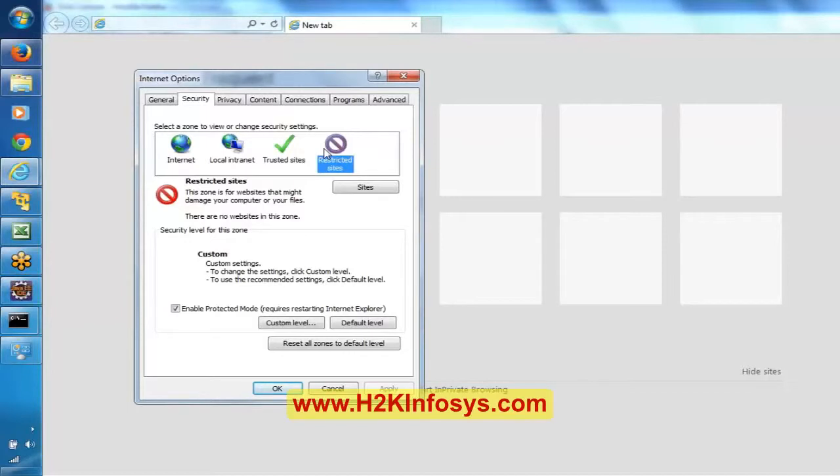So this kind of option we can configure automatically from the script itself, because we want to open Internet Explorer with this particular setting. This setting we can configure from the Selenium script itself by using something called desired capabilities.